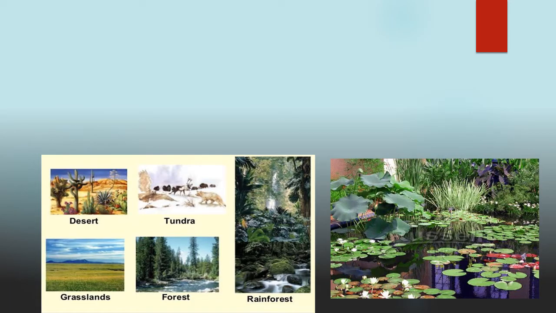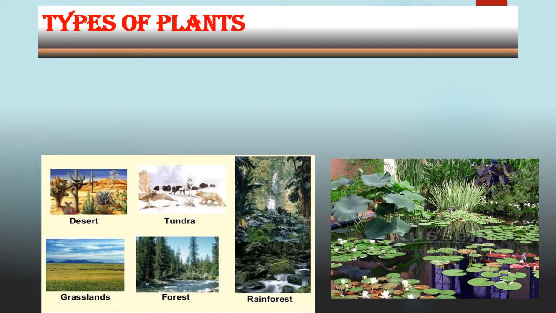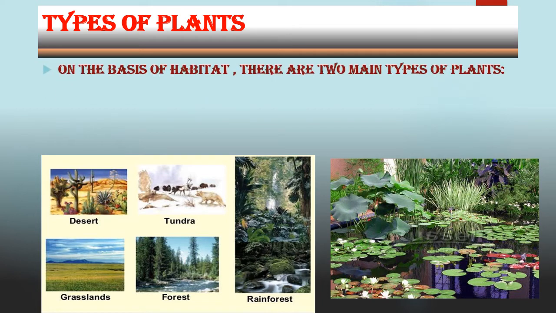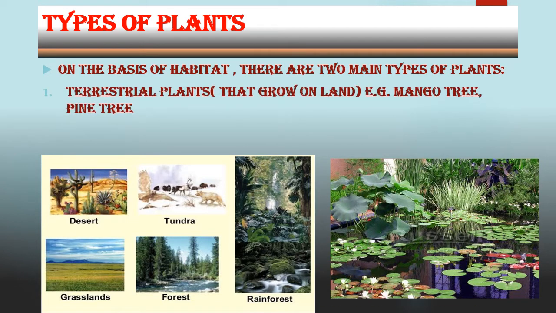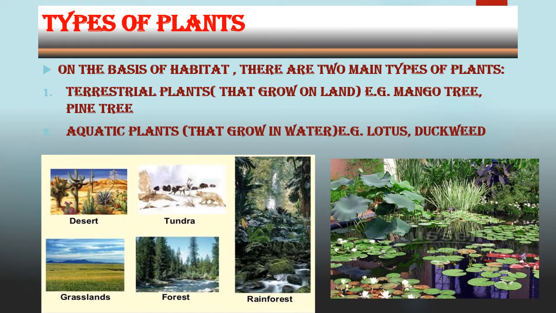In our previous class, we had discussed the types of plants on the basis of their habitat. On the basis of their habitat, there are two main types of plants. Number 1, terrestrial plants. Number 2, aquatic plants. Do you remember what are terrestrial plants? Terrestrial plants are those plants that grow on land like deserts, forests, mountains,